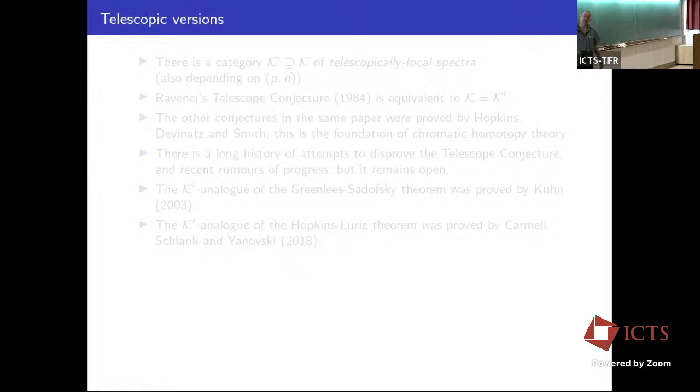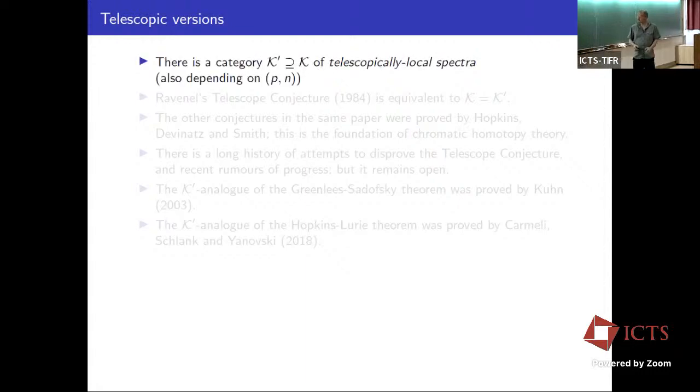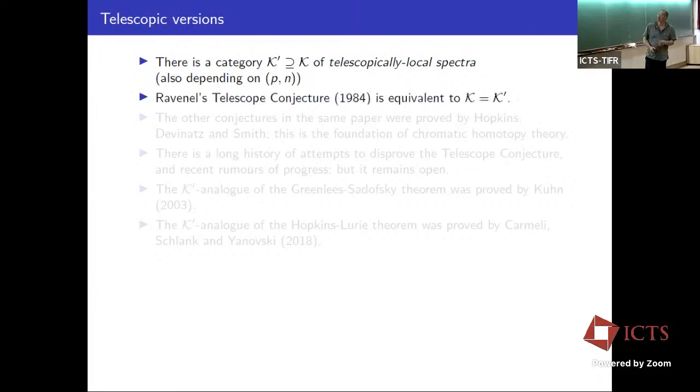I'd also like to say a few words about telescopic versions. We consider this category curly K. Remember, K was our Kn local spectra. But there's a slightly larger category, curly K prime, of telescopically local spectra. Constanza mentioned the telescope conjecture. The telescope conjecture can be formulated in many different ways, but one way is that it's equivalent to saying that K is equal to K prime. But we don't know whether K